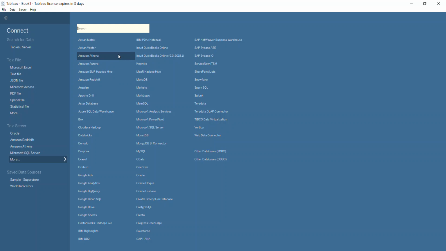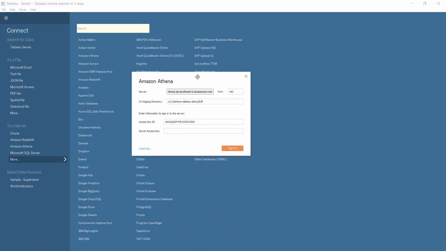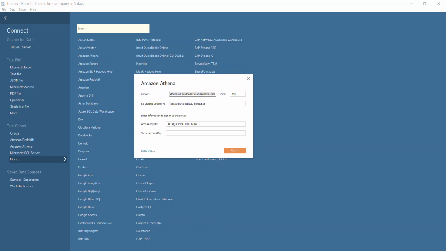For Athena, because it connects via a JDBC driver, just make sure that you have installed the latest version of 64-bit Java and downloaded the Athena driver. Once you have done that, you will just need to input your server and user information into the dialog box in Tableau Desktop. So first of all, what you need to put here is the server name, which will be